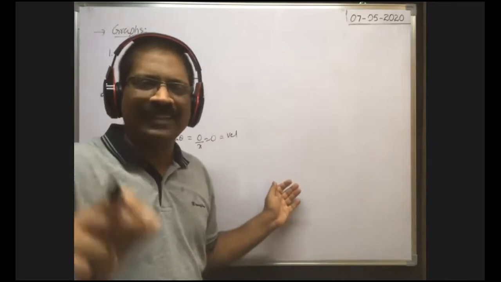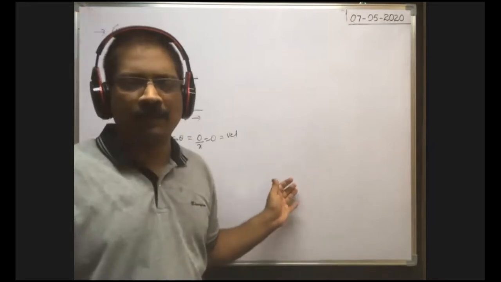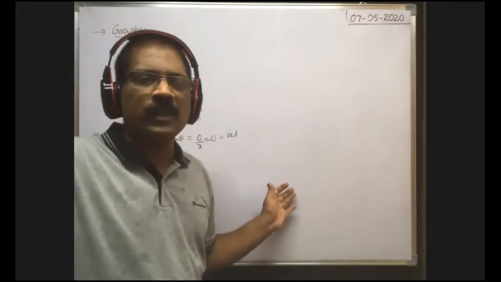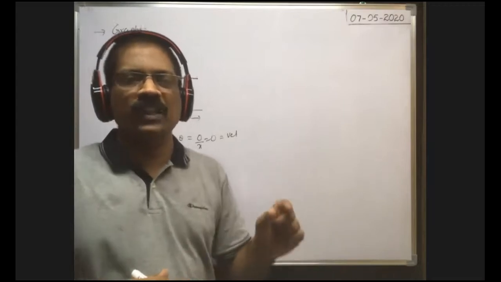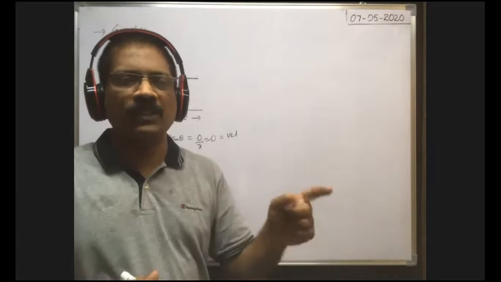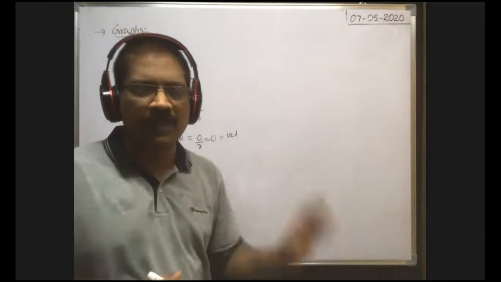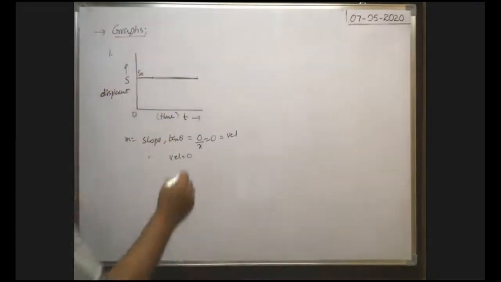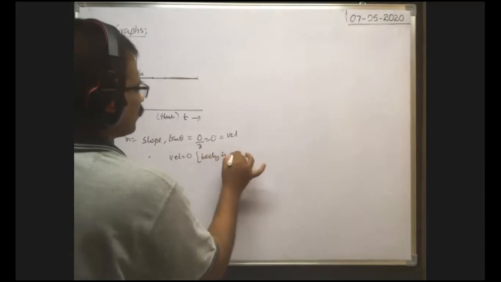Initially, at t equal to 0, the displacement of the body is 10 meters. But even as time lapses, there is no change in the displacement of that person. That's why the change in displacement is 0. Whenever the change in displacement is 0, velocity is equal to ds by dt, no? As ds is equal to 0, 0 by something is 0. That's why velocity is 0. That's why this represents the body is at rest. Therefore, the body is at rest.